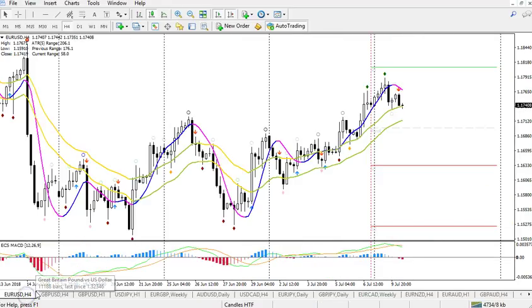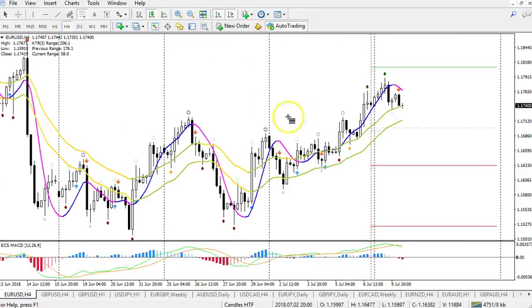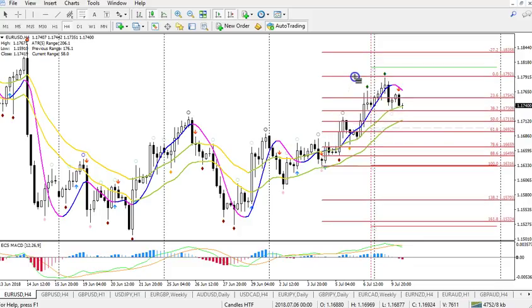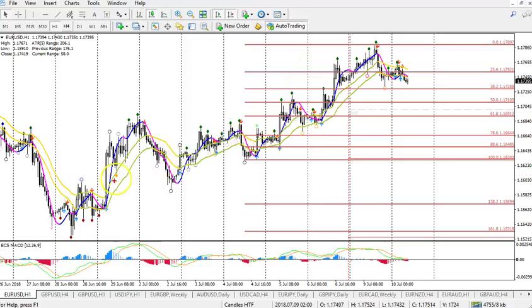Let's take a look at the euro dollar. It moved to the downside as well, followed the pound dollar, but only slightly. So from the euro dollar perspective, the bearishness looks more like a correction. Let's take a look at the hourly chart, and you can see that the chart pattern to me looks choppy and a little bit like a wave 4 correction perhaps. Choppy and corrective, not much pace in that particular move. So I think it could still be a wave 4 if we look at the hourly chart perhaps better and take a look where that wave 4 could be, because this looks like an A, this looks like a B, and this could go up for a C.